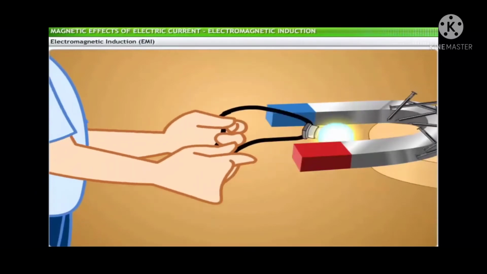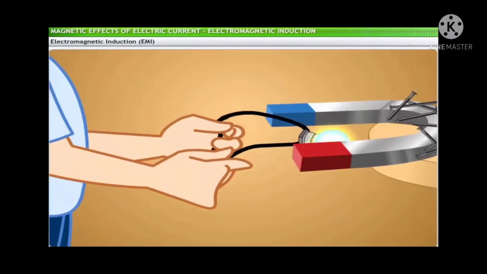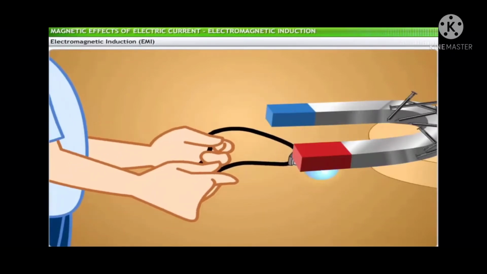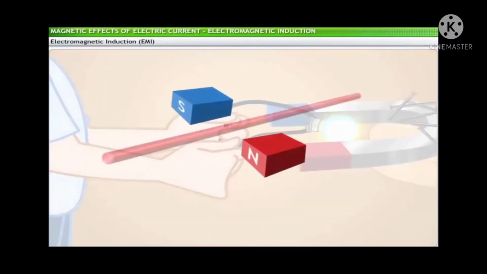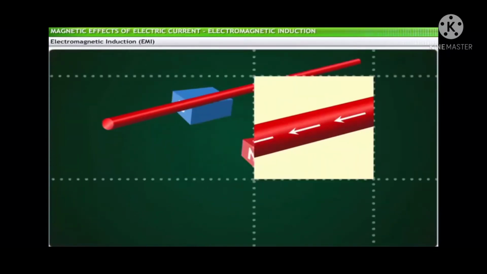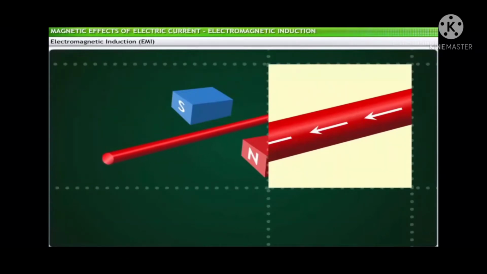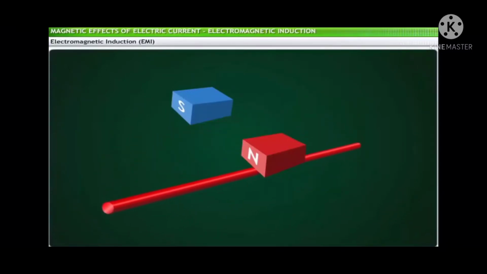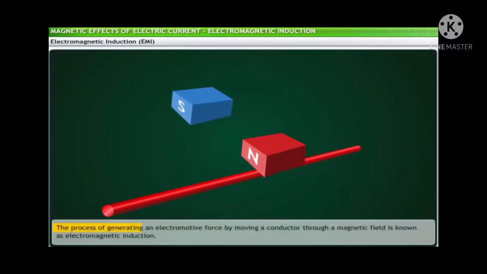You just observed that there was no electric cell to maintain a potential difference across the circuit. Yet, the bulb started glowing. When the wire is moved across a magnetic field, the free electrons in the wire experience a force that makes them move through the wire, inducing an electromotive force, EMF, and thus an electric current in the wire. This process of generating an EMF in a conductor by moving the conductor through an external magnetic field is known